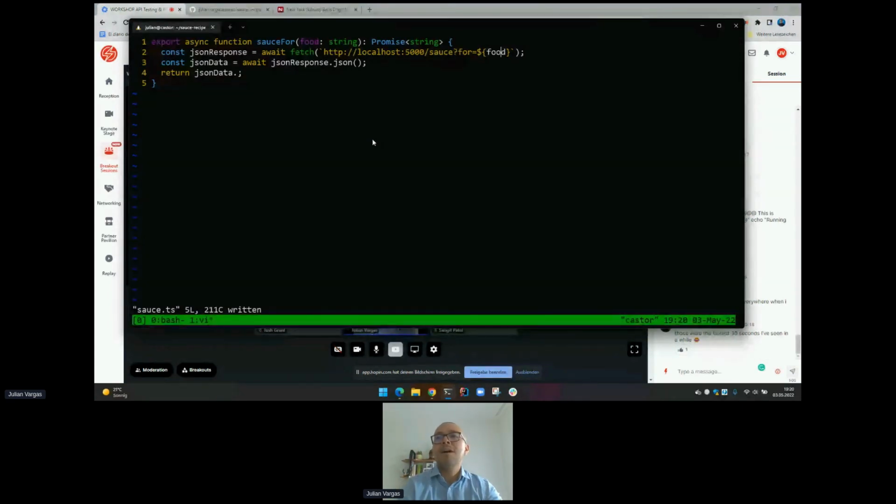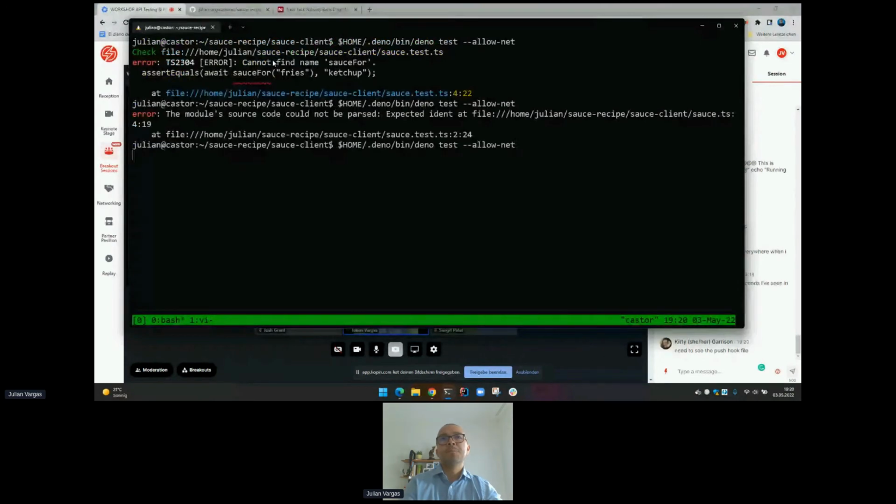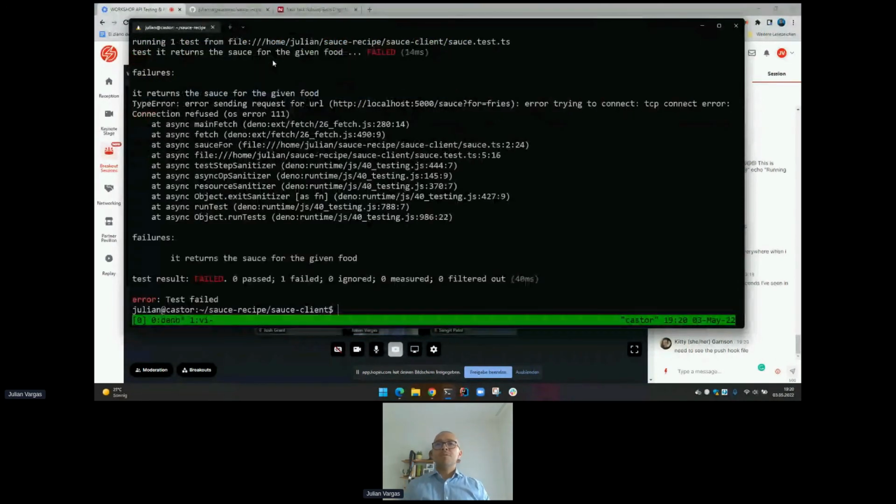Okay, so once again, the client logic will receive the food. It will make an HTTP call to the endpoint source, with a query parameter for interpolating the food, and then I'm expecting a JSON. And from this JSON, according to the requirement, what I'm going to retrieve finally is the source name. Okay. This is my client logic. Now I'm going to run the test again. Okay, wonderful. We made some progress. This is still failing because obviously,